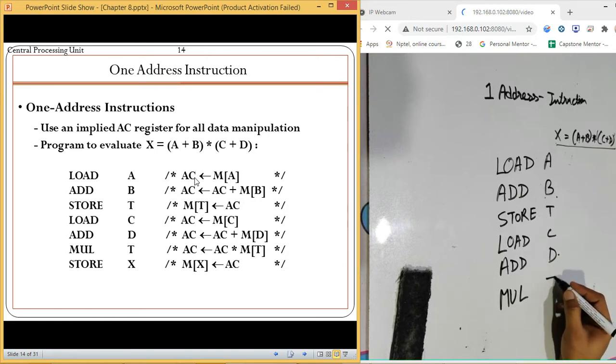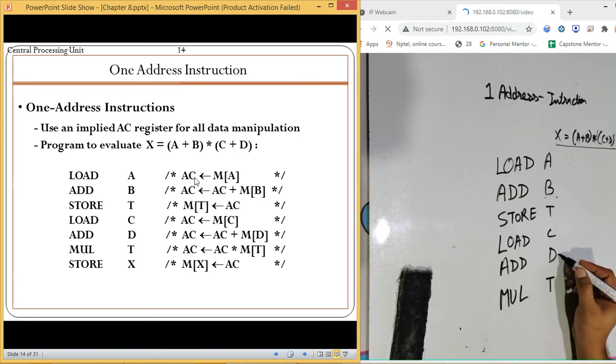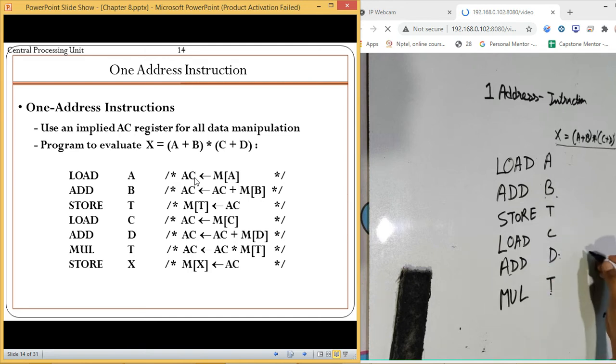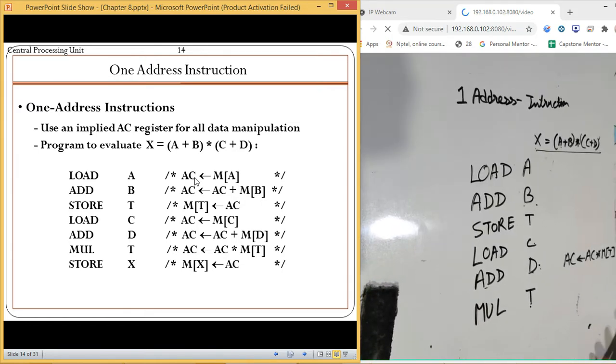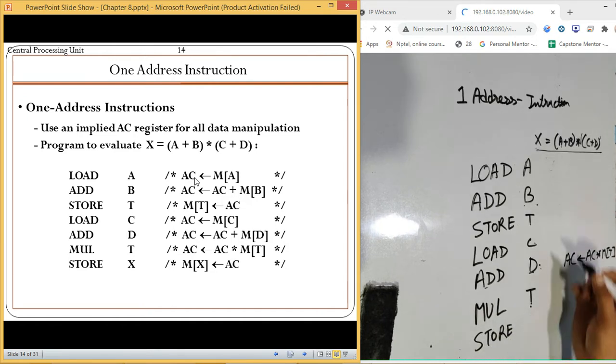Now if I execute the multiplication, the value from T will be multiplied with the value already stored in the accumulator. So the AC already has a value obtained by adding C and D, and it is multiplied with the memory location T. Once it is done, we are going to store the content at location X.